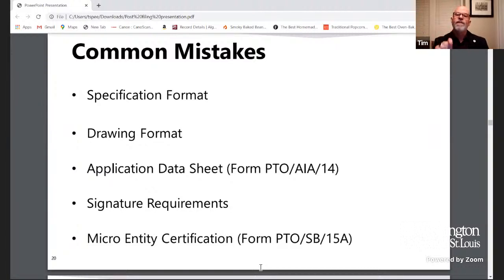It's important to keep these things in mind at that point, because if you do your provisional application, to the extent that you can, in this same format, even though you don't need a claim, it makes the process of converting it to a non-provisional application that much easier down the road, right? And we can avoid some of these mistakes if we do some of the work up front.